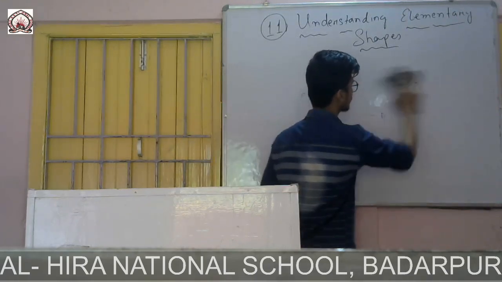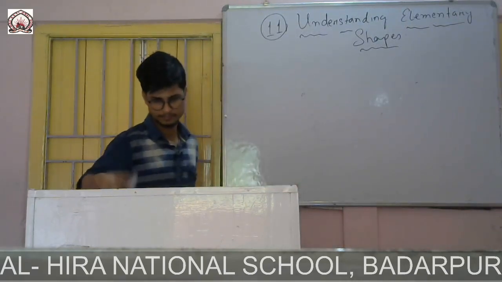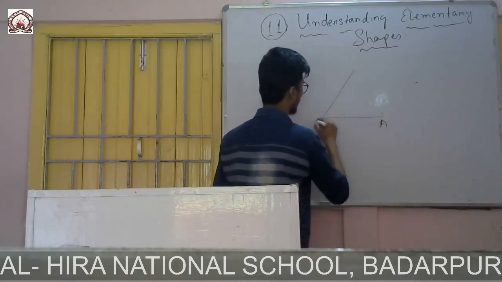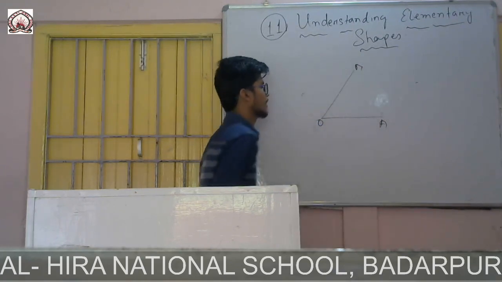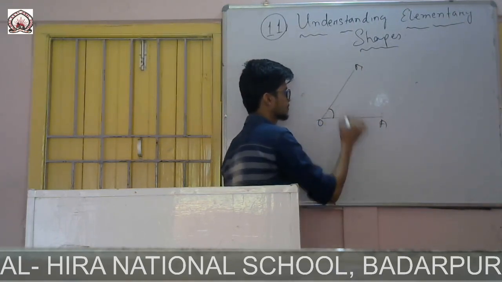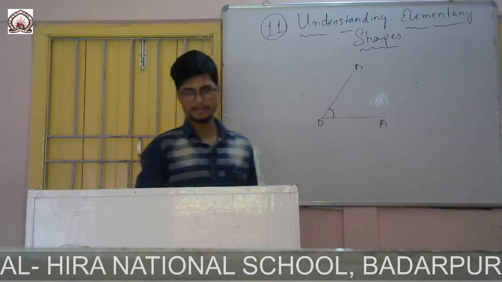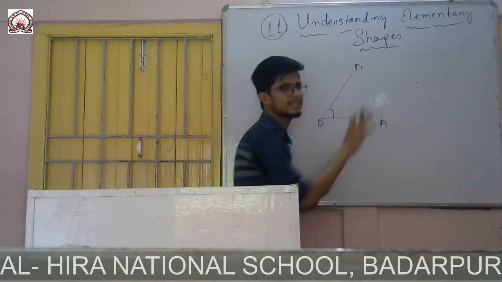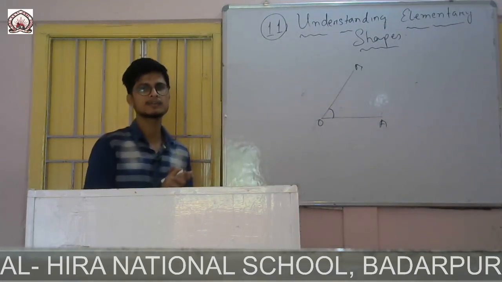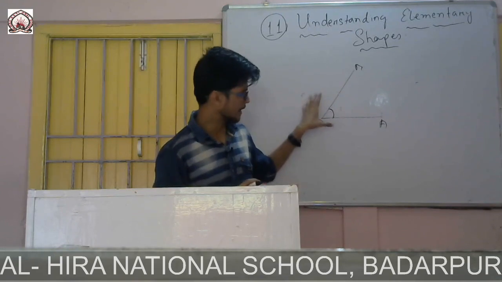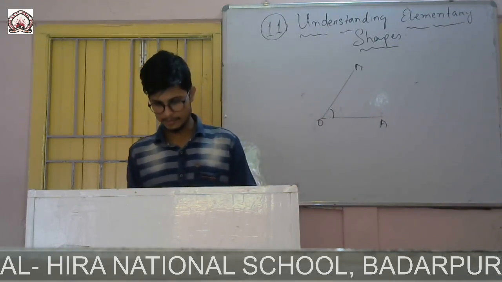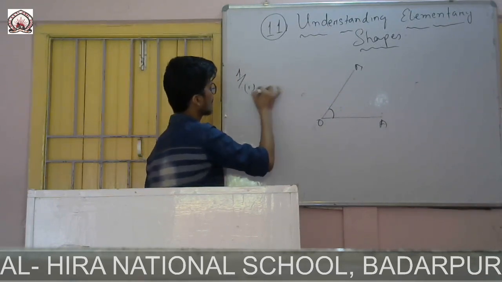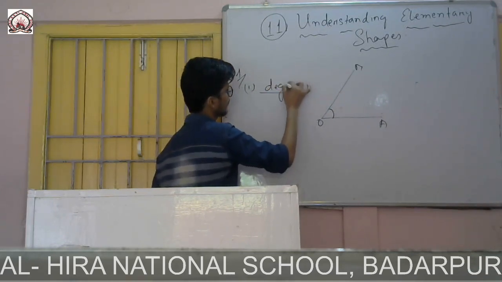whenever we want to measure an angle, for example, this is an angle AOB. To measure this one, we say how many degrees it is. We measure it in degrees. We measure angles in degrees. Sometimes we say it is 75 degrees, 20 degrees, 30 degrees, like this. That means we use degree to measure an angle. So the first answer will be: the unit of measuring an angle is degree. Question number 1, Roman 1, answer will be degree.